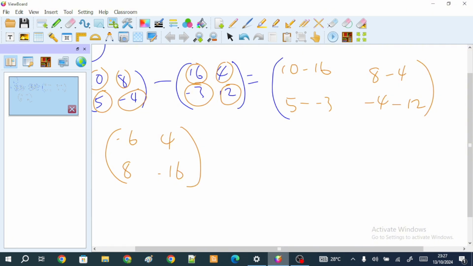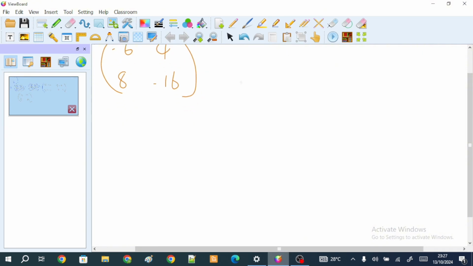All right, in our next step, we're going to be looking at multiplication of matrices. In matrix multiplication, there are two types of multiplication. The first type is we'll multiply a matrix by a scalar number. What we mean is a matrix is multiplied by an ordinary number like 4, like 8, like 12. So take, for instance, if we have